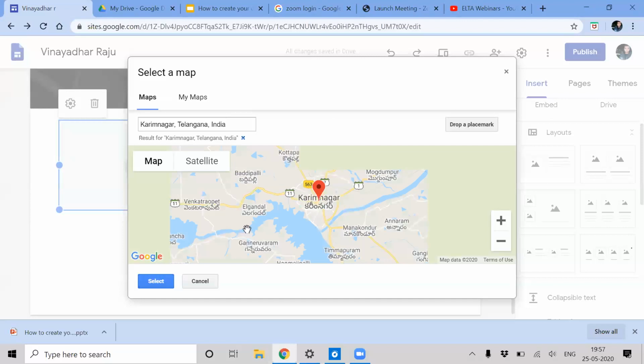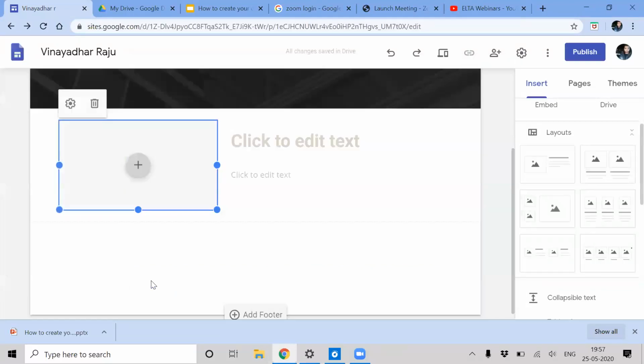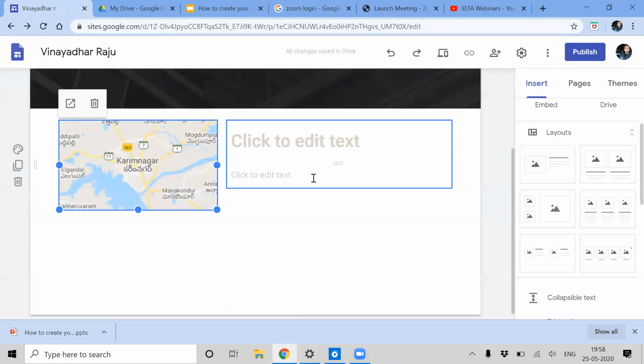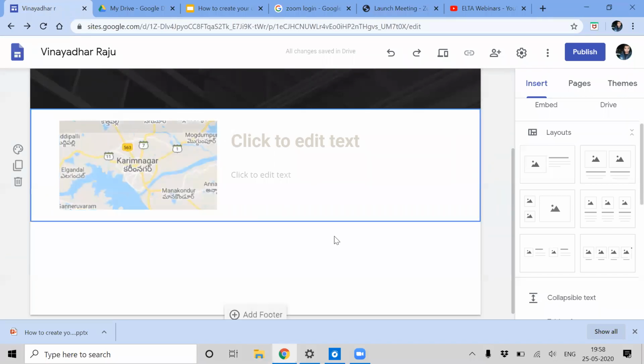So this is Karimnagar. I want to insert this map here. So this is the map. Like that, you can add anything.